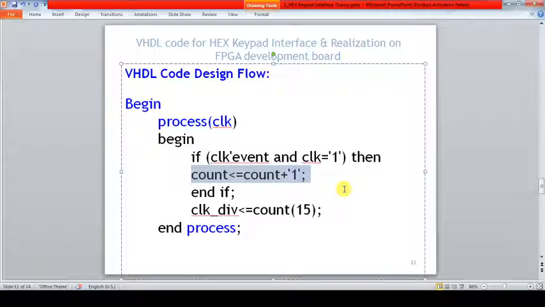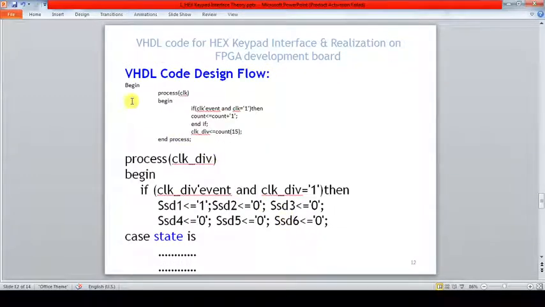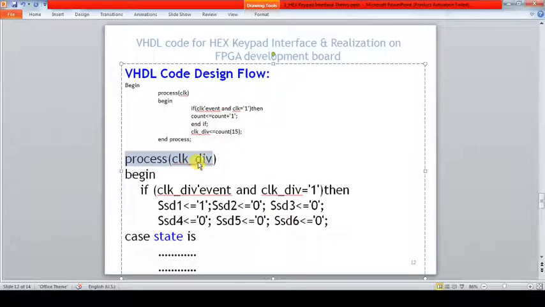So there we are using the counter concept. There are two earlier videos, you can go and watch them. Using this method, if you probe the count of the 15th bit, it is nothing but 12 megahertz divided by 2 to the power 15. That much of the clock is divided, and on that clock we are going to write our actual implementation. So this is the clock division logic. On this clock_divide signal, we are going to write our actual hex keypad interface.